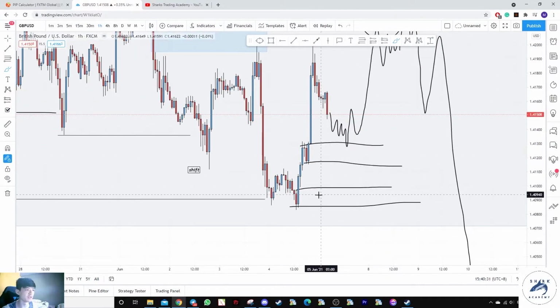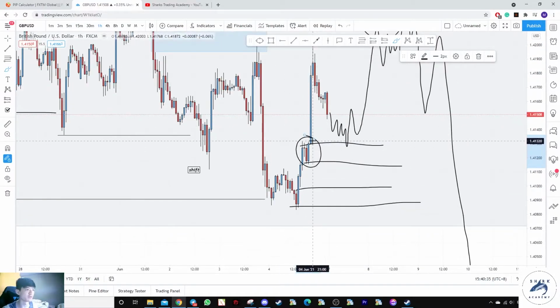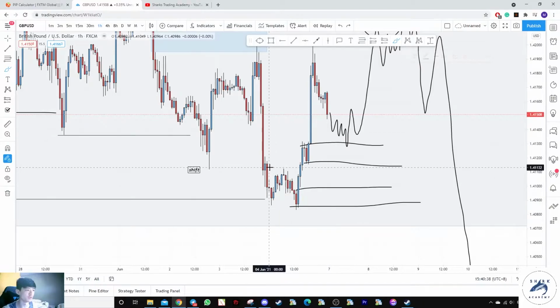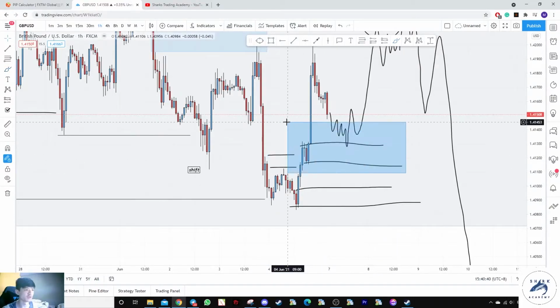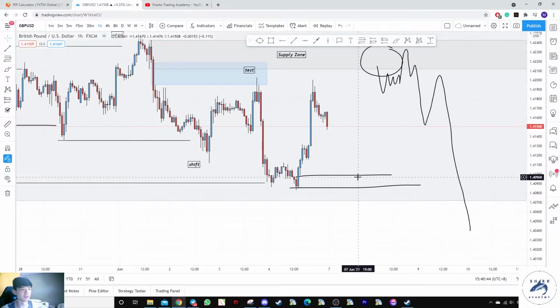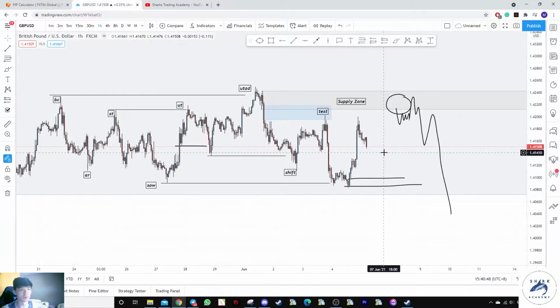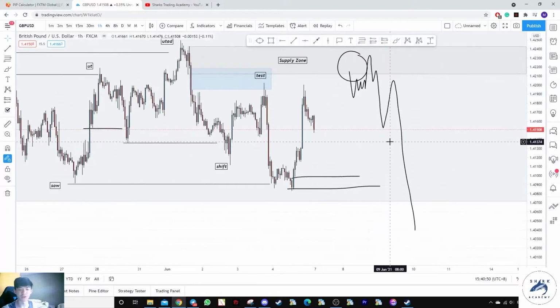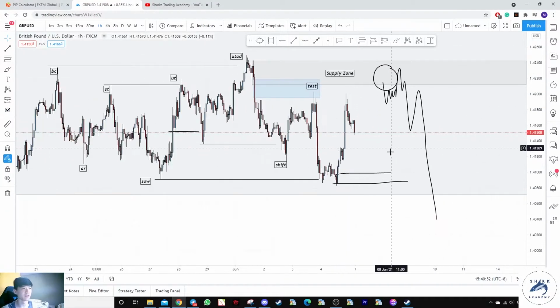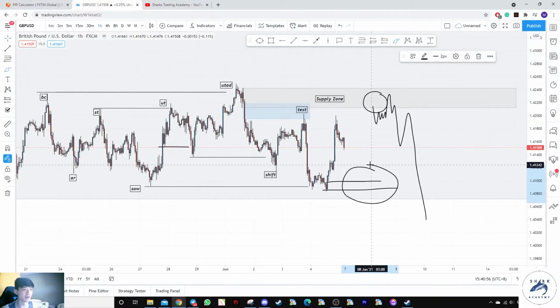Because both are valid. The only problem is this demand zone didn't break out of structure, but this demand zone broke out of structure. So if you were to ask me, I will aim for a lower price over here. If I want to be a buyer, I'll buy over here. But understand that you are in a weekly supply zone and you are likely looking for sells. You don't want to buy at a resistance area or a supply zone. So for those who are interested to buy, you can buy here,